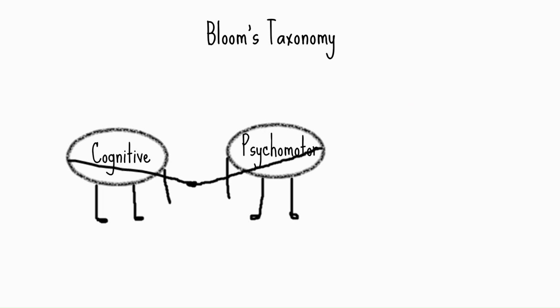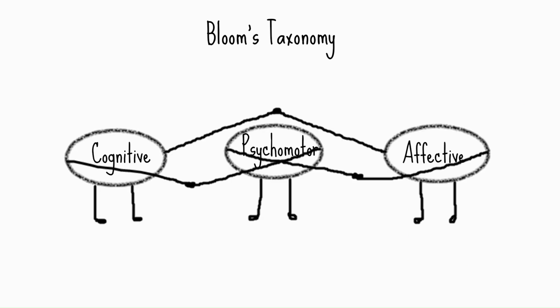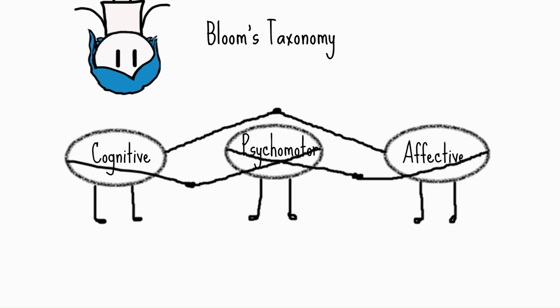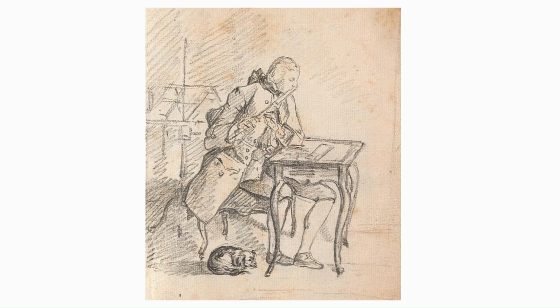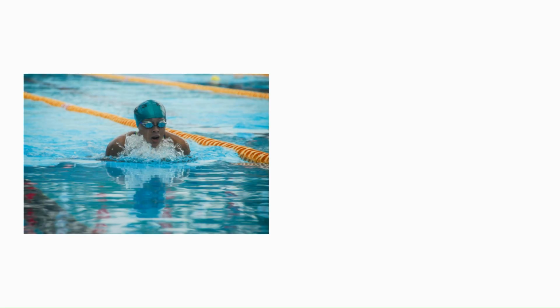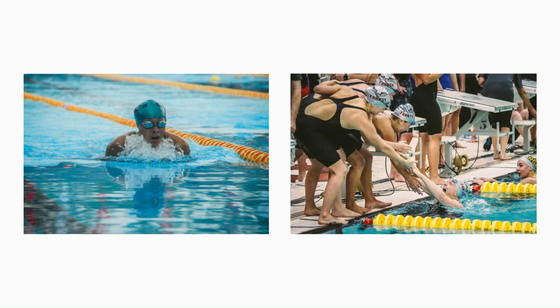Sometimes two or all three domains work closely together. You first have to learn the rules of the game to play it well, right? For example, playing the flute requires you to train your cognitive skills to recognize notes, alongside psychomotor skills for coordinating fingers, lips, and breath to play accurately. Likewise, a predominantly psychomotor activity, such as swimming, might involve affective learning where sportsmanship becomes a core part of the